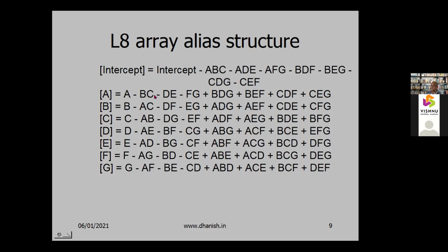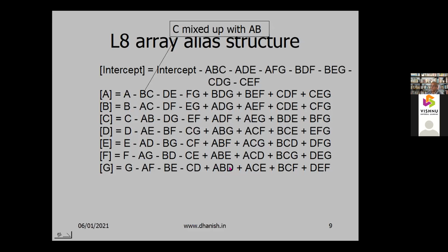So here A is aliased with B, C, D, E, F, G. So 3 two-factor interactions and A is aliased. So if you allocate, C is mixed up with AB. If you allocate A to 1, B to 2, C to column 3, then C and AB are aliased. So if AB is significant, then you get C as significant, which may be due to AB being significant or C being significant. So that is a dangerous situation. So if you are allocating A to 1, B to 2, C to the 4th column, then it is all right.